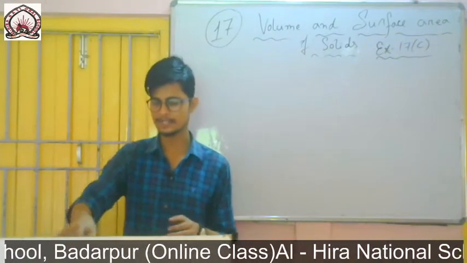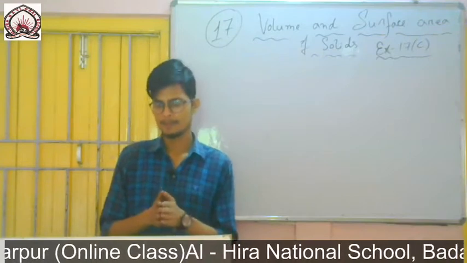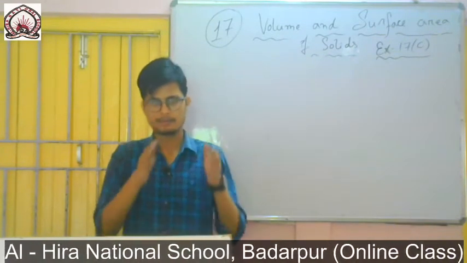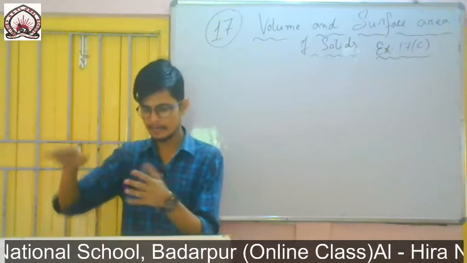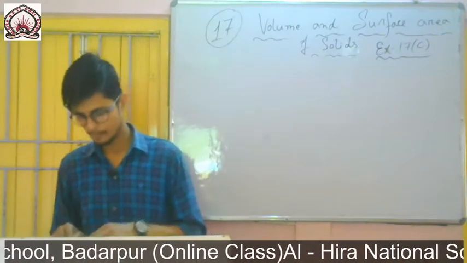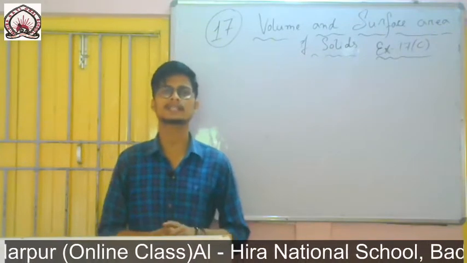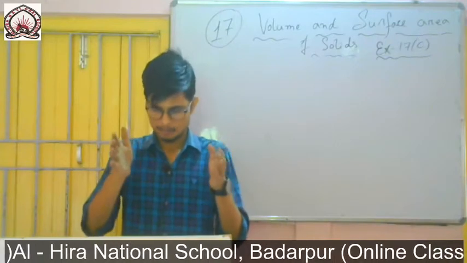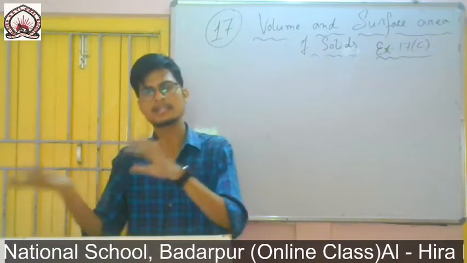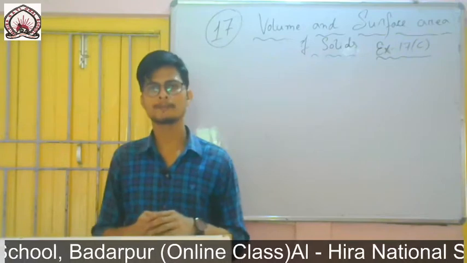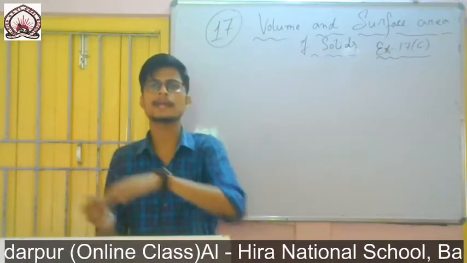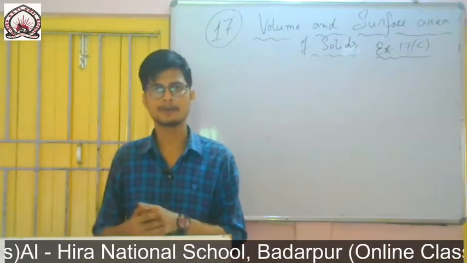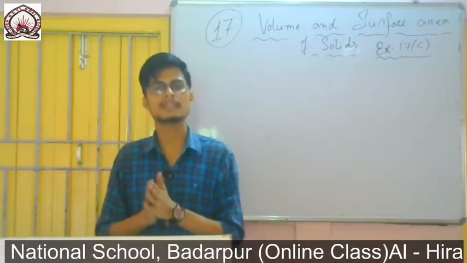So you see the question carefully: it is a cube of edge 20 centimeter which is melted and casted into a cuboid. So the cube is melted and made into a cuboid. Length and breadth are given. The question is to find the height. So the volume remains the same in both cases. What was the volume in the cube? It will be the same in this cuboid, because the cube is melted and made into a cuboid. That means the volume remains the same in each case.